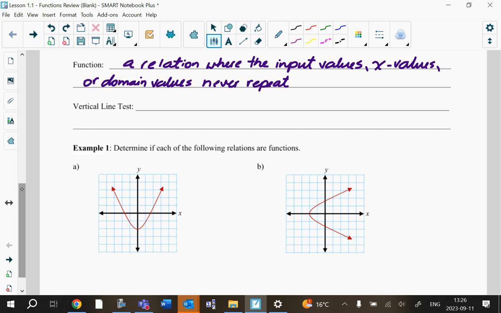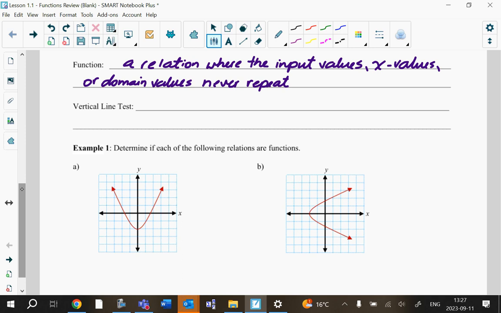What about here? Okay, now every one of these x values has a corresponding y value. There's no point on the graph where there are two points with the same x value. But on this graph,